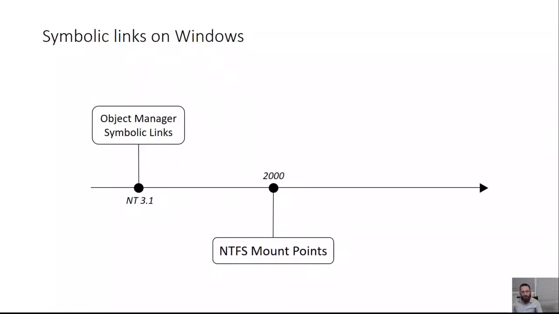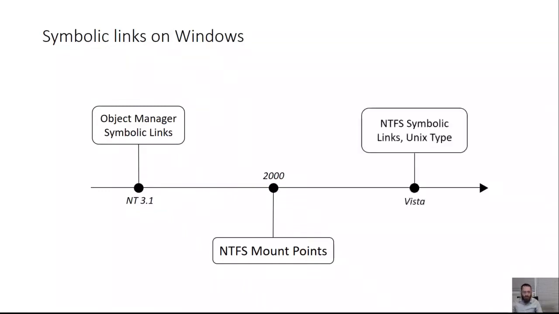The second, or rather the third type of symbolic link is the NTFS mount point, or directory junctions. The NTFS mount points were first introduced in Windows 2000 and they allow the system to have a directory-like symbolic link. Both the creation of Object Manager symbolic links and NTFS mount points do not require special privileges and can be done by the regular user, which is not true for the NTFS symbolic links